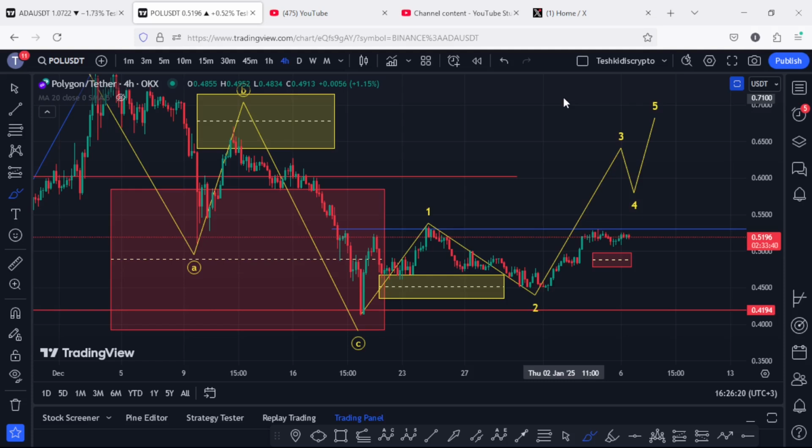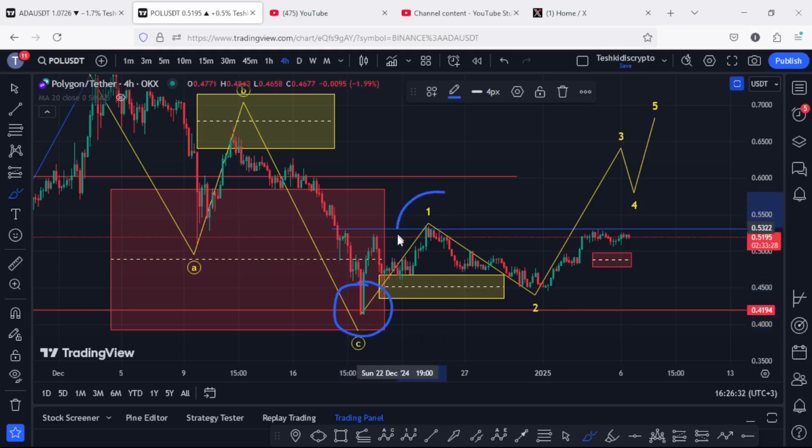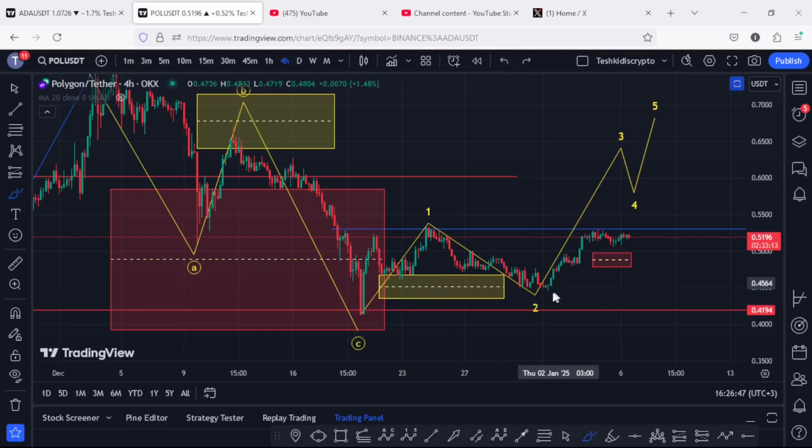And starting the video by first giving you a recap of what has been happening from the lows we made on the 20th of Dec, where you can see that we saw a very nice bounce to the upside, and we first peaked in the formation of these Deriv count 1. Then we saw a bit of a breakdown move in the formation of these wave 2 into the minimum target areas for that second wave, highlighted on the chart using this yellow target area. An area that we fully maximized, and there are very high chances that we have a low in place in the formation of this wave 2,